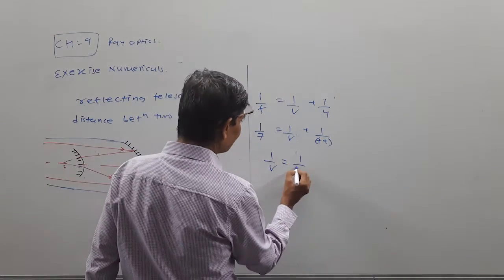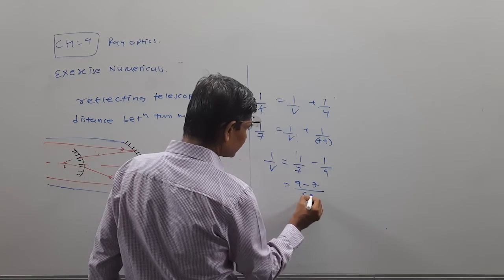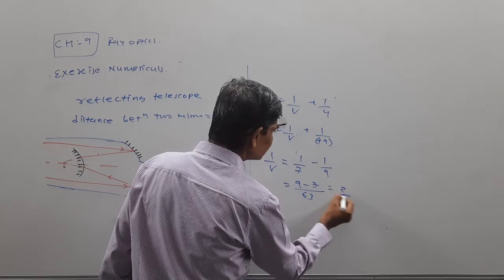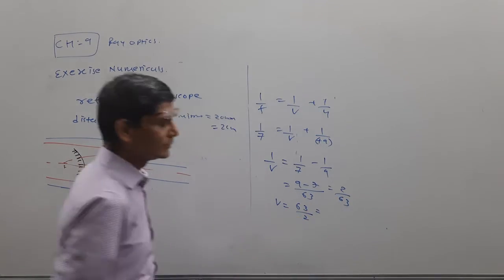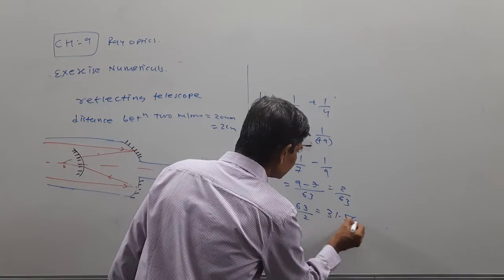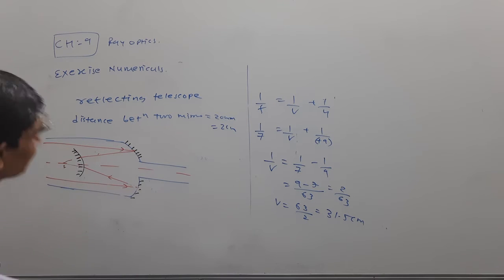So 1 upon f. Now this we can simplify. 63 by 2, that is 31.5 centimeter. So this is now nothing but our exercise sum number